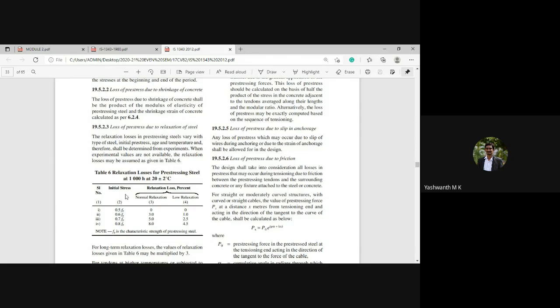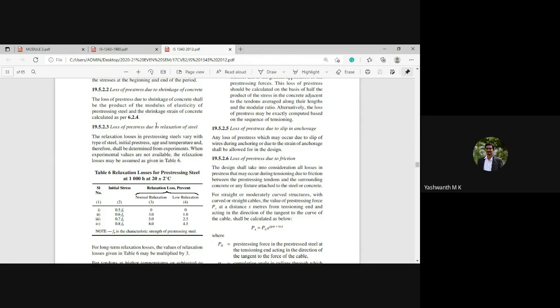So please note down, sometimes in the examination, they are going to miss the data. At that particular instance, we need to calculate certain things based upon the codal provision. In the problem, I'm going to discuss these things. Sometimes they are not going to give any data, but you need to calculate based upon the codal provision.